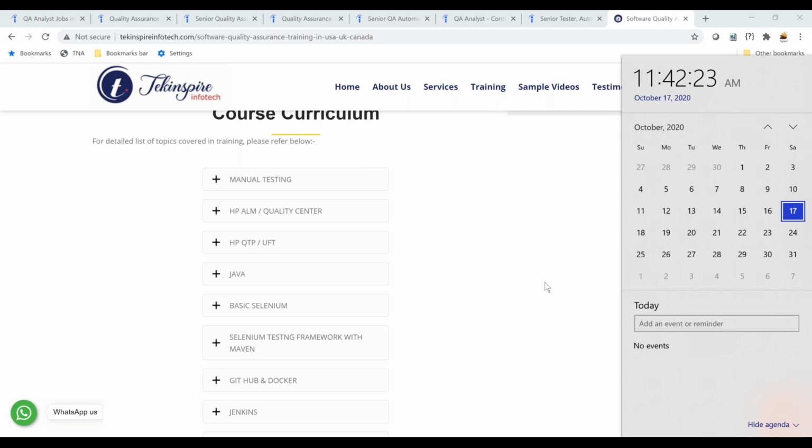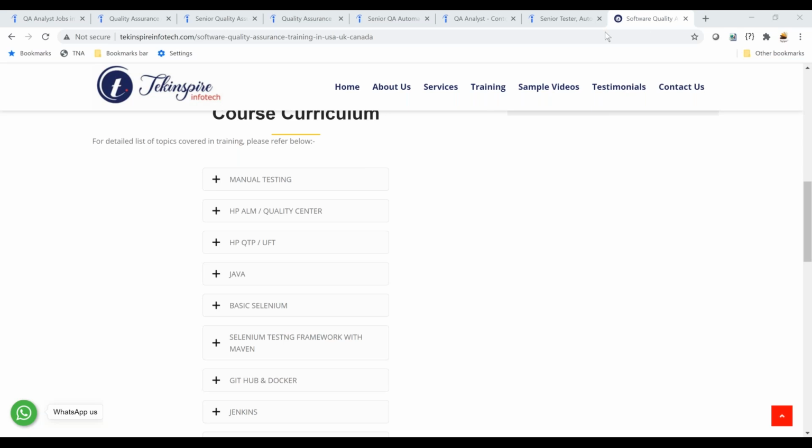Sorry, is it 2 days in a week? Which weekday? It will be from Monday to Thursday. The classes will be from Monday to Thursday, from 8:30 to 10:30 in the evening. Naresh, is that EST?